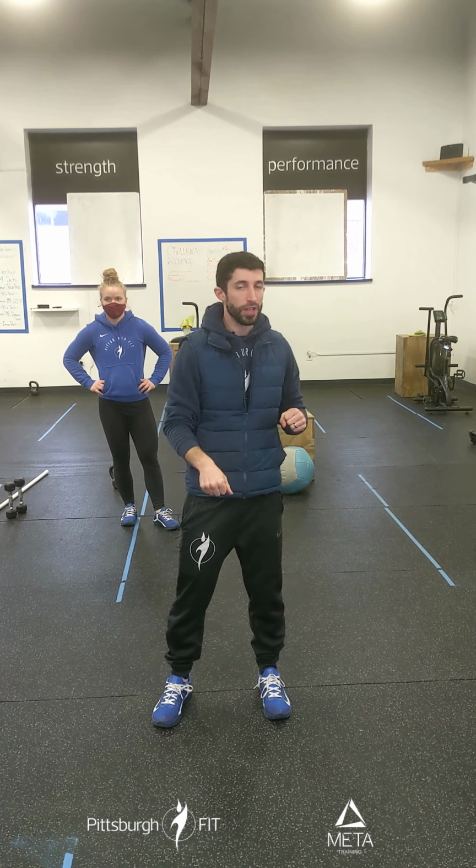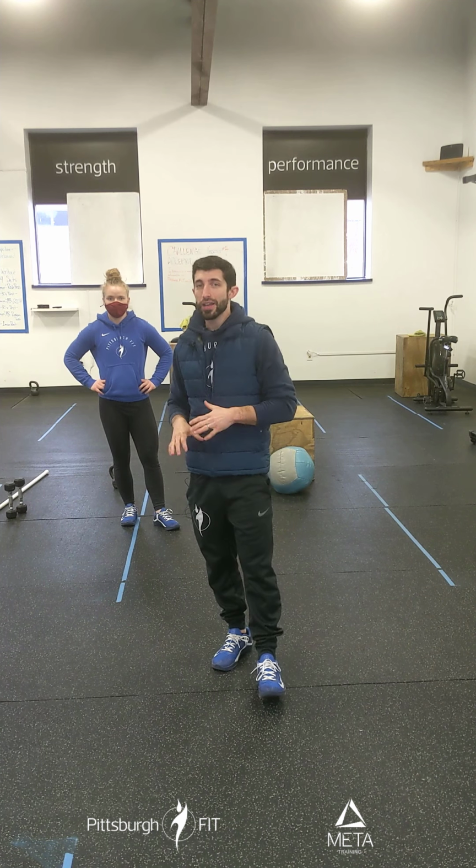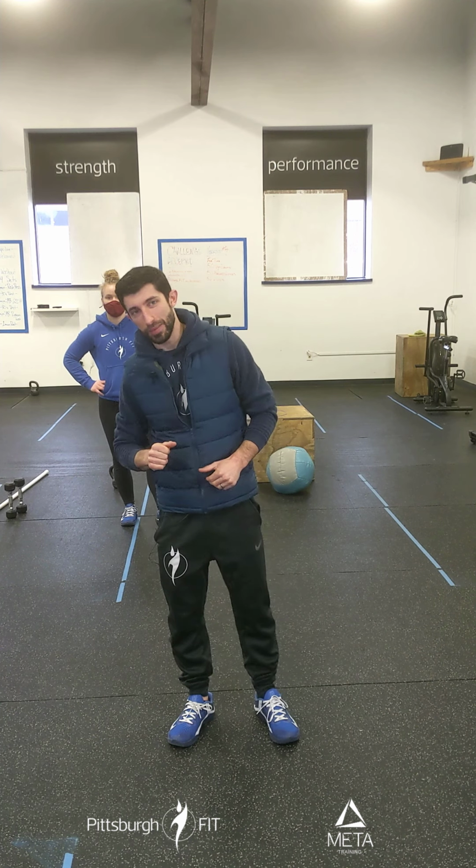Now, the most important part here is if you're on a bike, I need your hands on the handles so that your hands are moving the same as your feet. We're going to get the blood flowing throughout the body. There's no additional rest here. As soon as you're done your 1 minute, you go right back into the V-ups, pull-ups or ring rows, and then the push-ups. So we'll do 3 sets of that nice upper body and core pump before moving on to